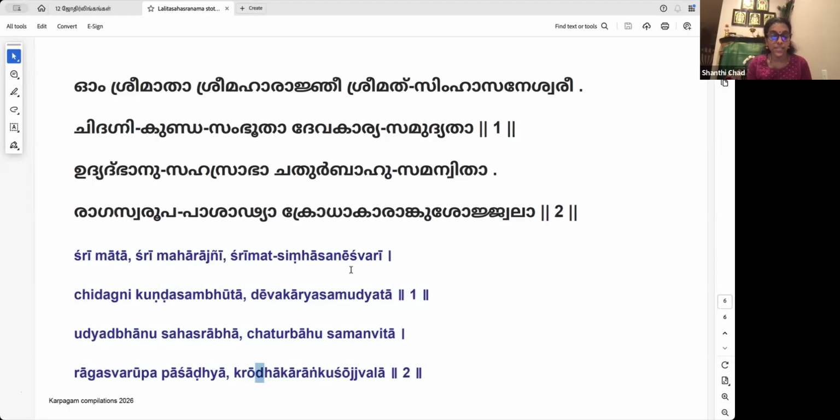In Lalita Sahasranamam, they say you can just choose any one nama and keep meditating upon that. Today itself, you have so many namas, so you can keep thinking about it in your mind whenever you pray. If it is a single name, you would say Shri Matre Namaha. Even Shri Matre Namaha is a big prayer. So you can do that.